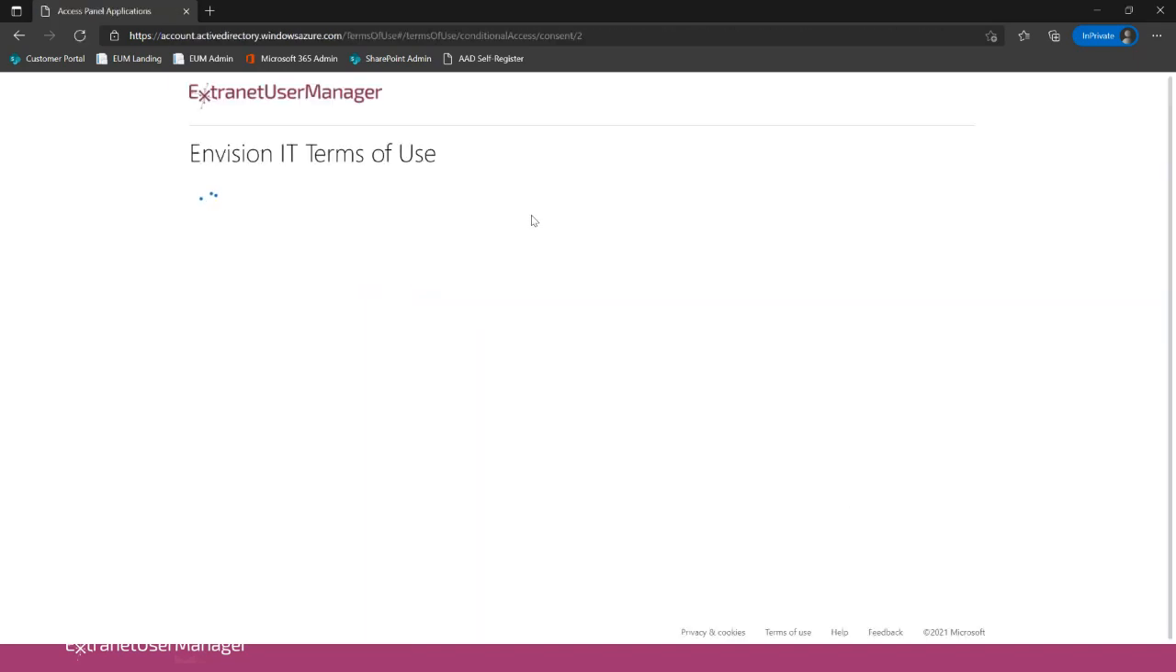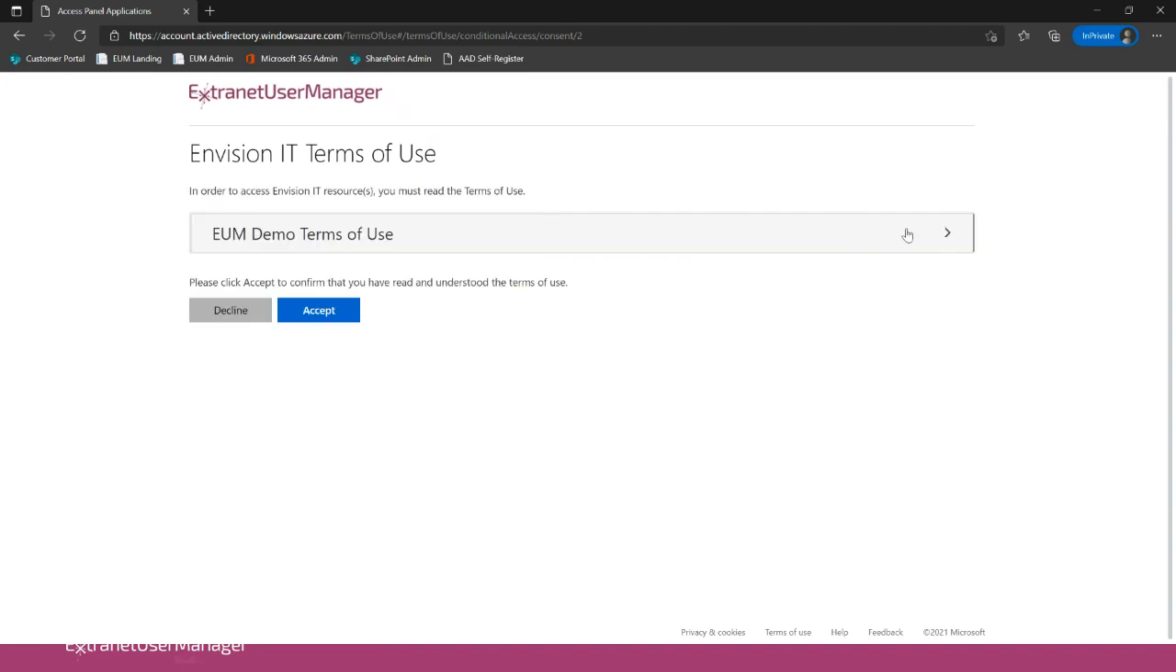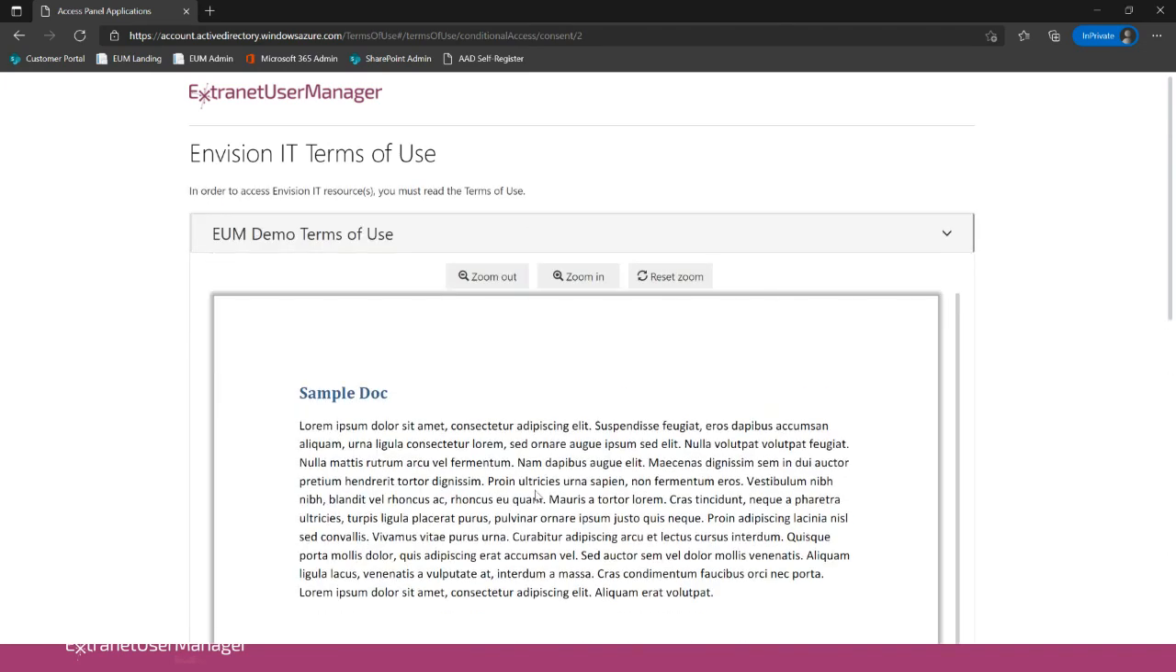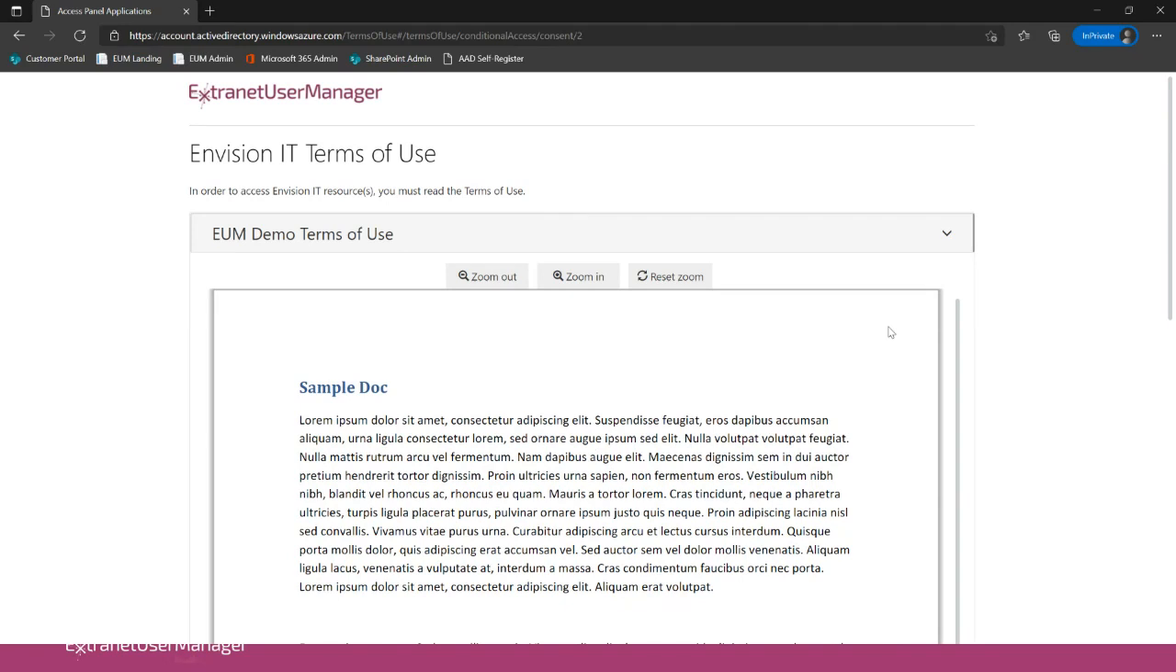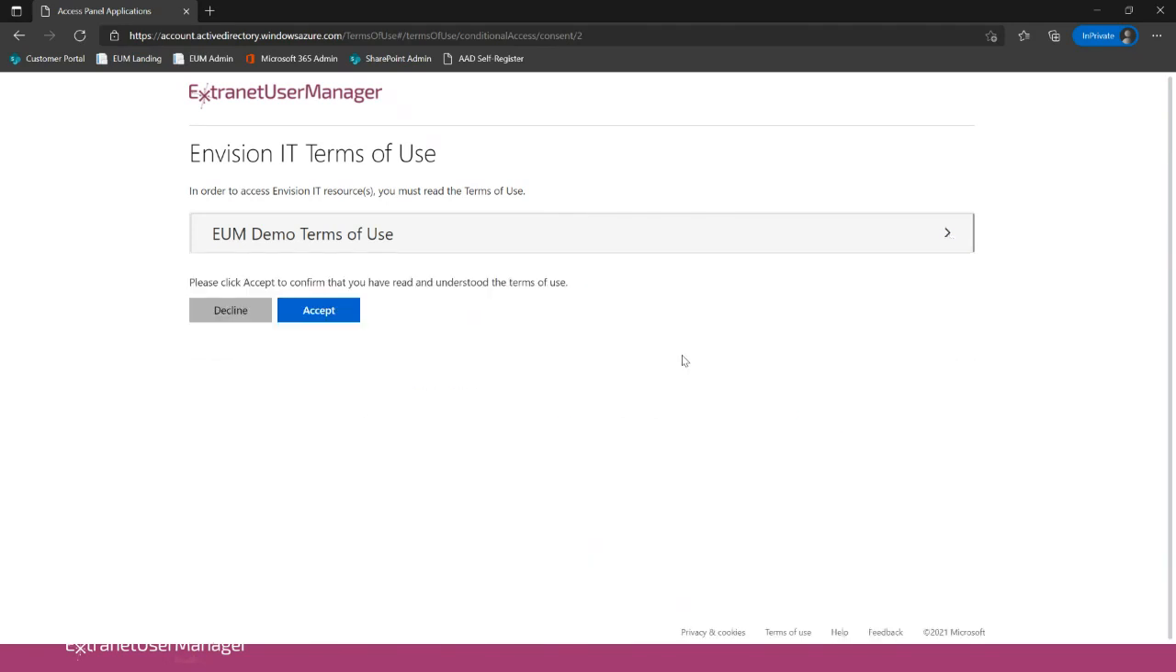So now it's creating my account. And Microsoft has a terms of use here. So I've set that up and I've said, hey, I've uploaded a sample doc here with what our terms of use are that I need to expand, review, and accept. I'm going to come back to that in a minute in more detail. Once I've accepted that,